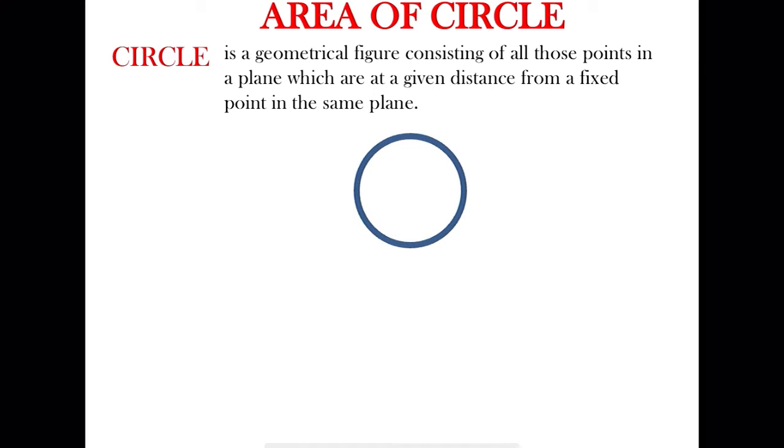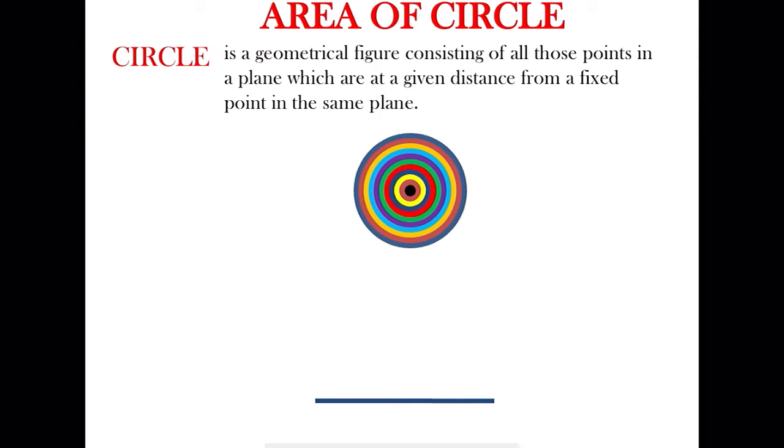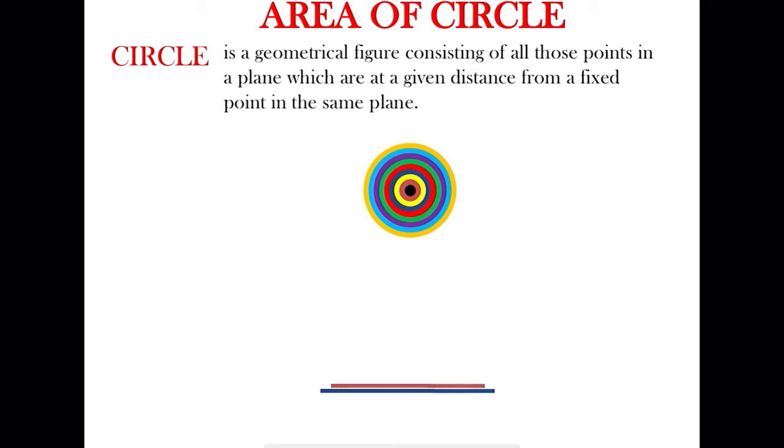Let's take a circle. Keep on filling the circle with concentric circles like this, one inside the other, until it is completely filled. Now if I take a single circle and cut the circle and straighten it out, I would get a straight line. So if I use the same method here and cut all the circles and straighten the circles one by one, you will see that the outermost circle here would become the bottom line and all the other circles inside it would come one above the other as lines of decreasing lengths until you get a shape of a triangle.